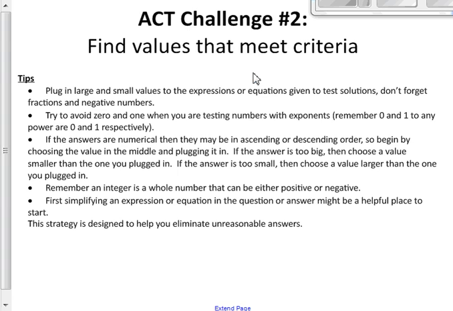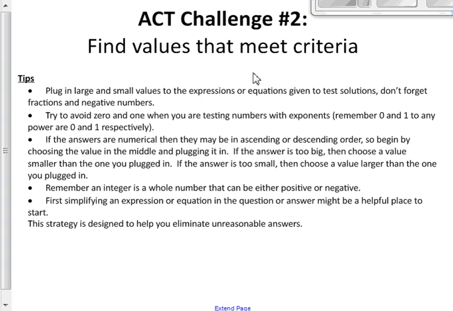All right, so we are working on ACT challenge number 2, find the values that meet the criteria. So there's a couple different strategies within this one challenge. So talking about some tips for the first part of this strategy. So some of these questions are going to seem pretty ambiguous, and we want to make them a little bit